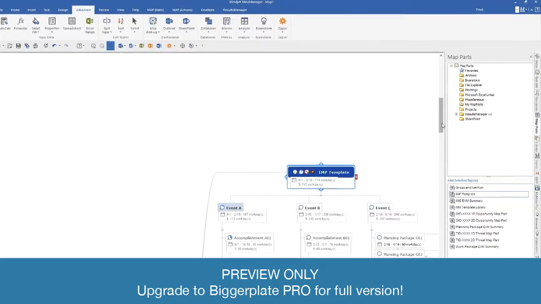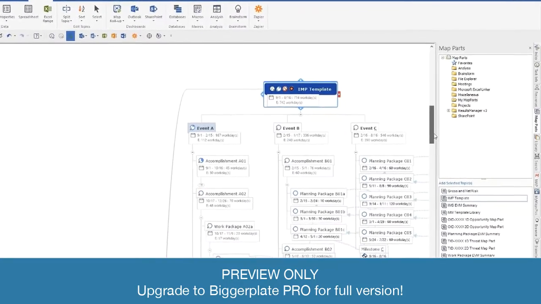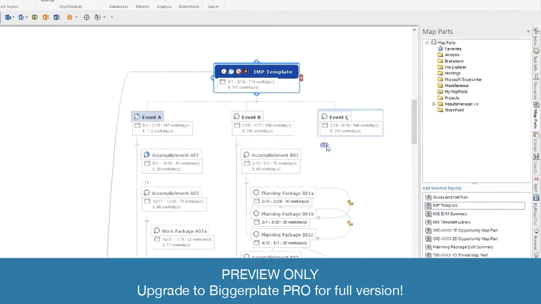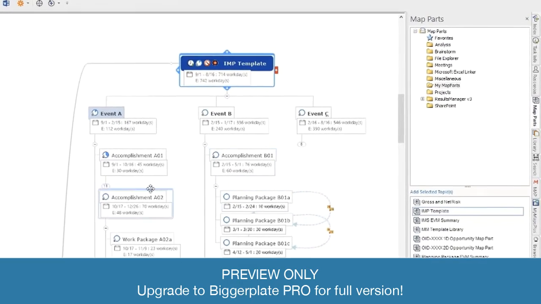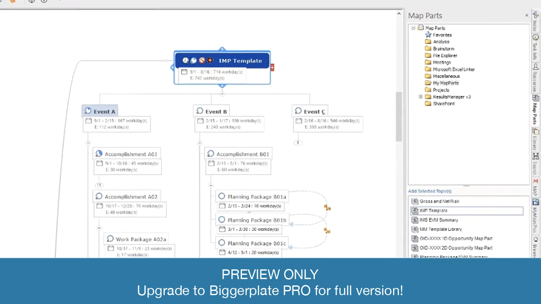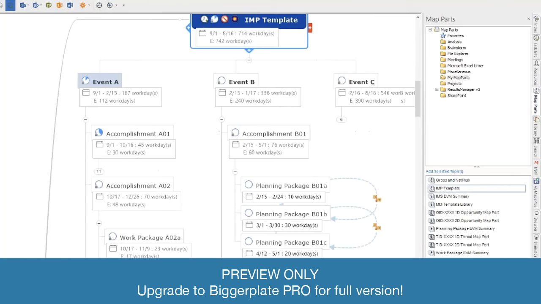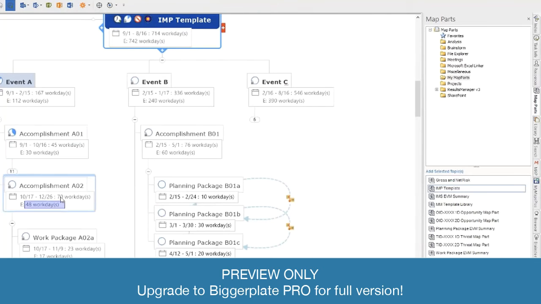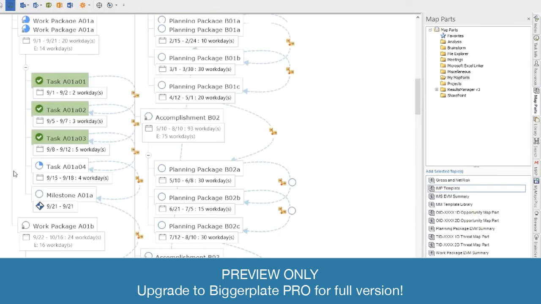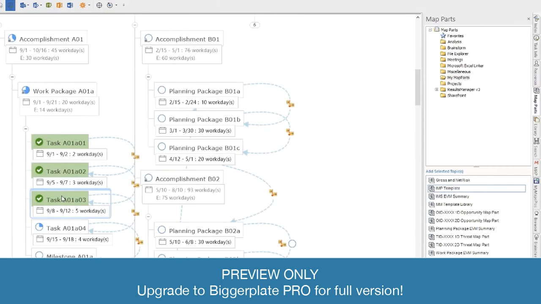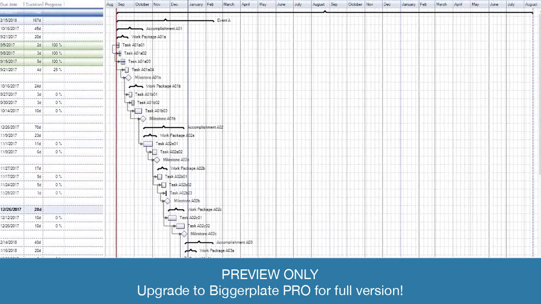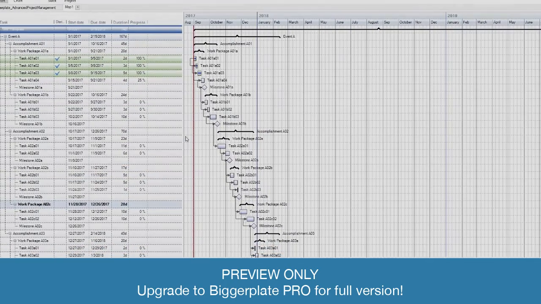You know, here it's structured. This is a very U.S. Department of Defense way of planning, and you can see some of the nomenclature here. We break it down into events, accomplishments, and then criteria or packages. So you can see event A is going to have a variety of accomplishments with tasks. I can then open that up in a Gantt chart, prototype that quickly, redefine